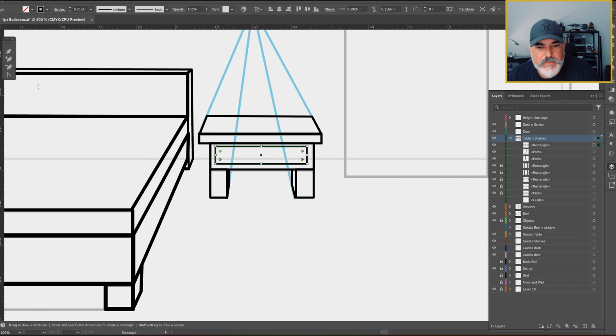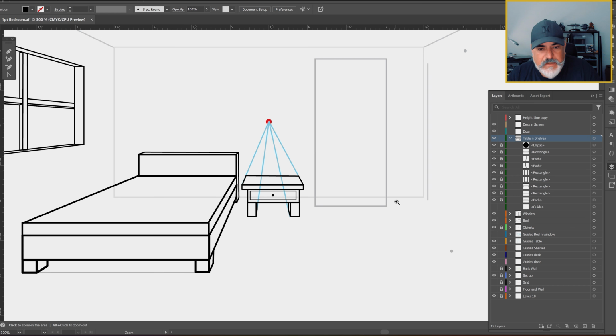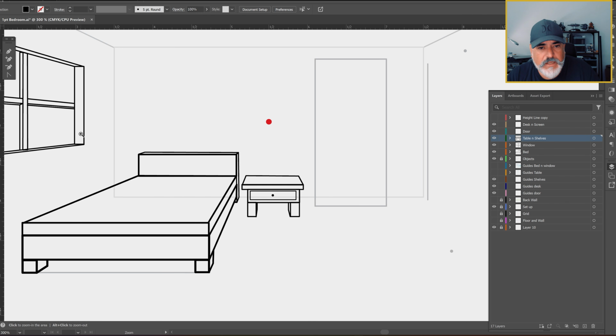And then these are just some of the little details that you can add, right? So we're just putting in a drawer to that side table. And that table is done. So the next thing we're going to be moving on to is